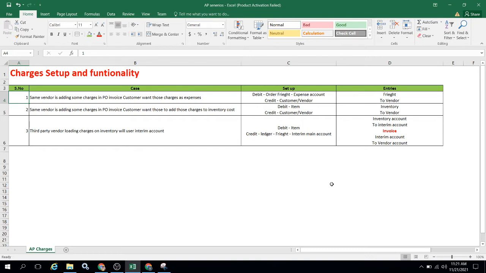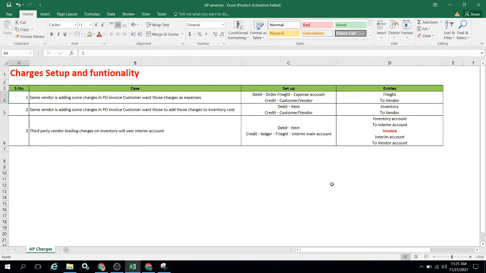At that time, that same vendor is also providing some transport facility for us to deliver our products. For transport charges or freight charges, they will charge extra, right? So including our product cost, there will be freight charges as well, provided by the same vendor.